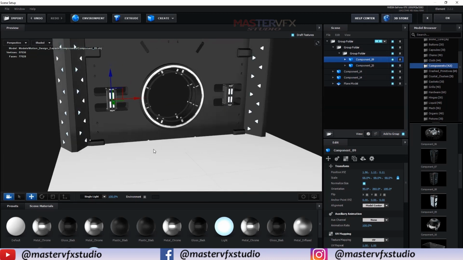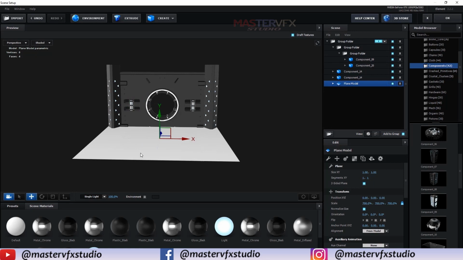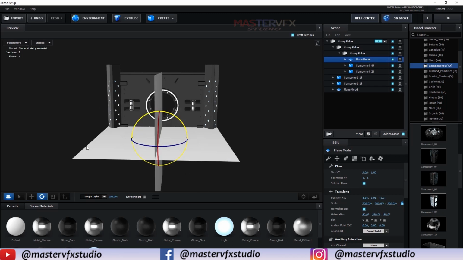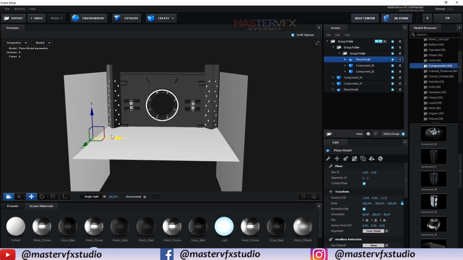Now further, we are going to just duplicate this plane. So select this plane and just press Control D and put this plane inside this group. Okay, now just press E and rotate it 90 degrees.